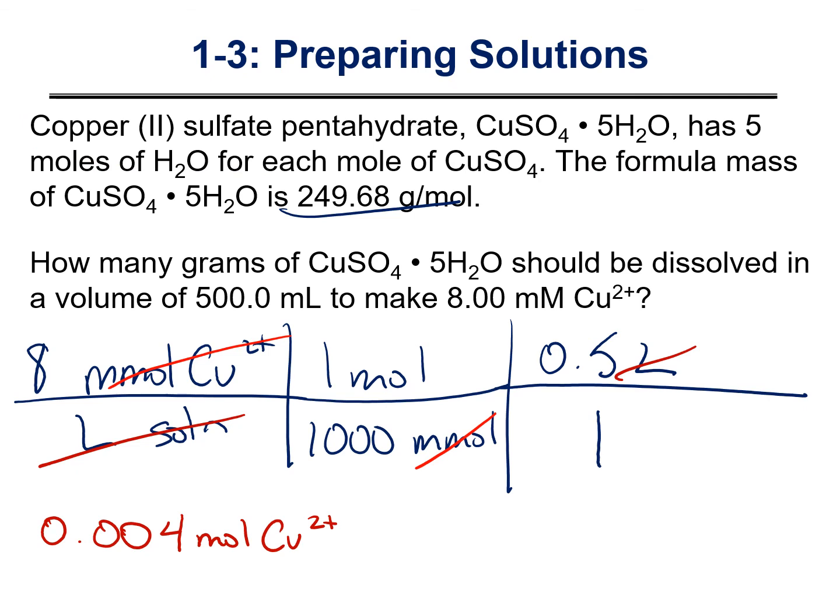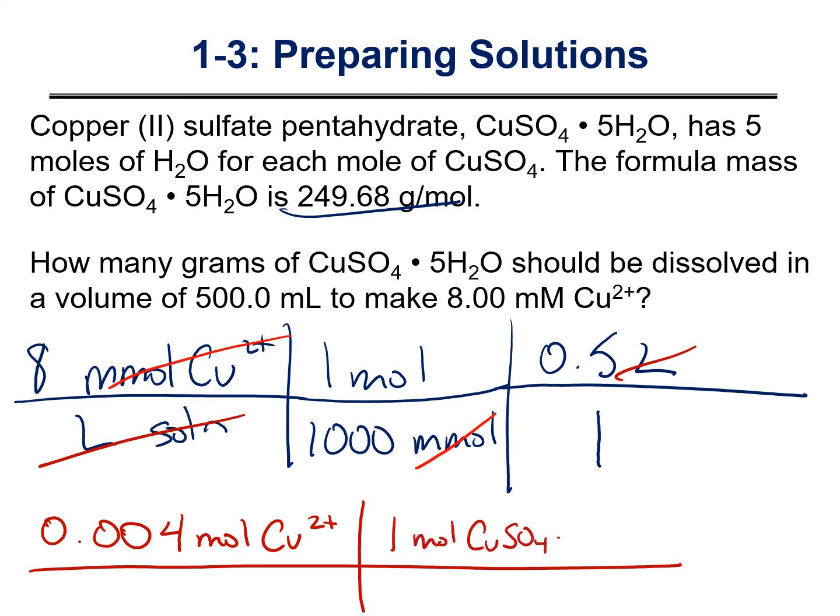It's asking for how many grams of the copper sulfate pentahydrate should be dissolved to make this solution. Well, how many moles of copper are in every mole of copper sulfate pentahydrate? So essentially I'm looking for the number that's behind it, and since there's no number, it's just a 1-to-1 ratio. So I have 1 mole of CuSO4 per every 1 mole of Cu2+. That will cancel this out, and we're left with copper sulfate pentahydrate. If I'm trying to figure out grams, I'm just going to multiply it by the molecular mass,